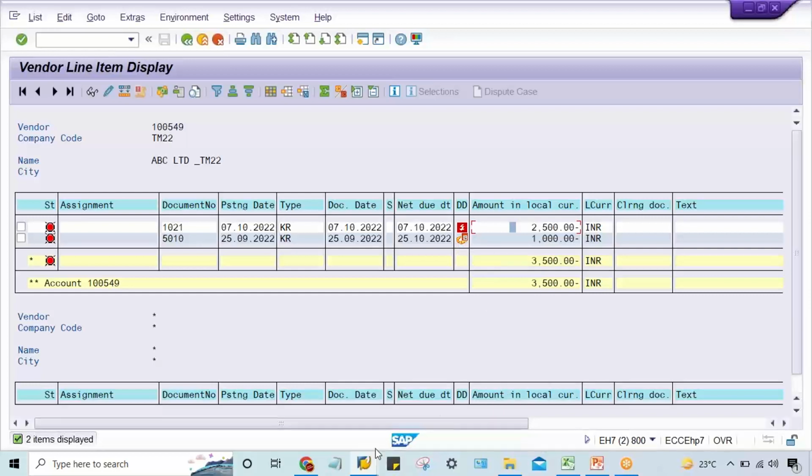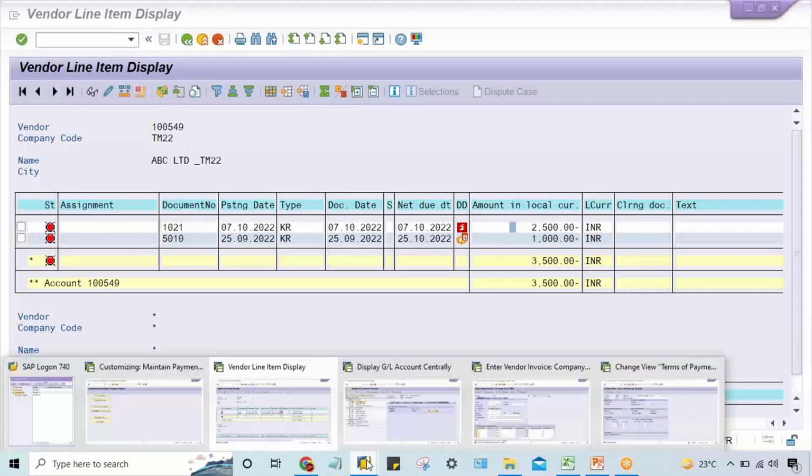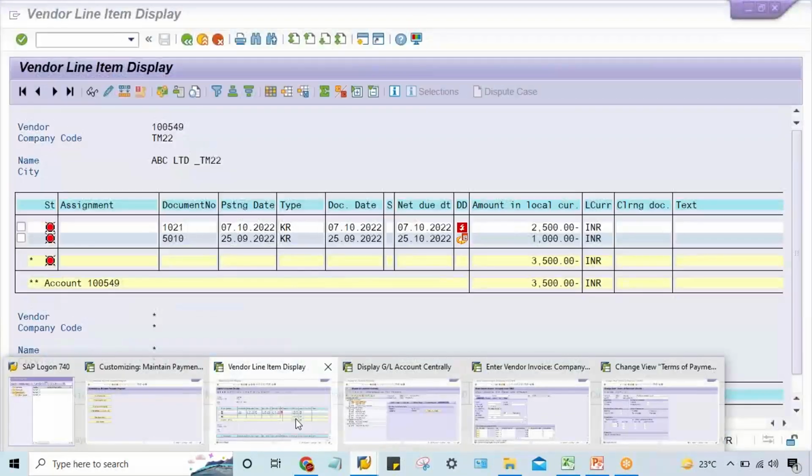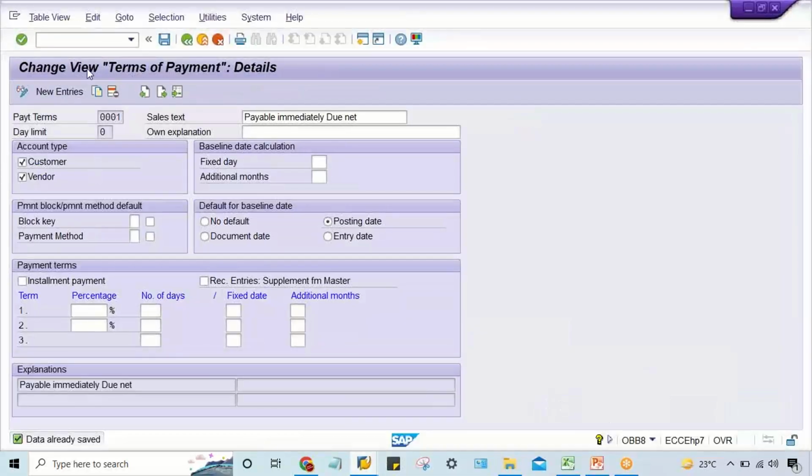We'll see this. Okay. But before going for this one, what you have to do, guys? You have to do one thing. So this payment we have posted 2 invoices. One is overdue, second one is not due. Now you just do one thing. Go to XK02,